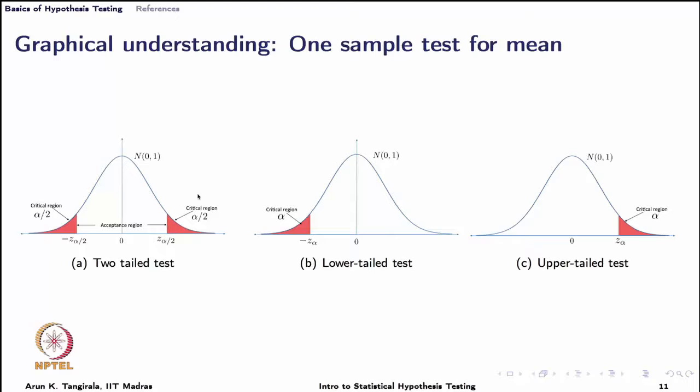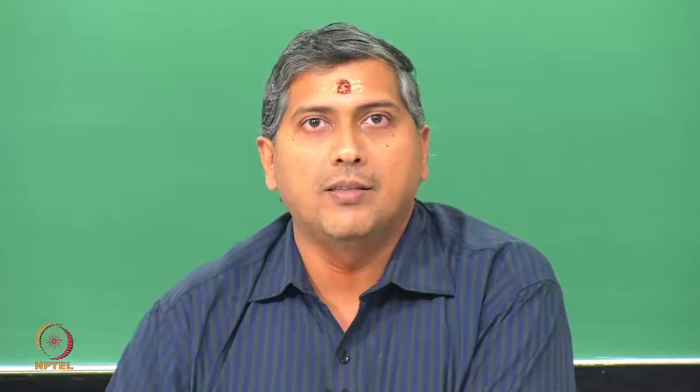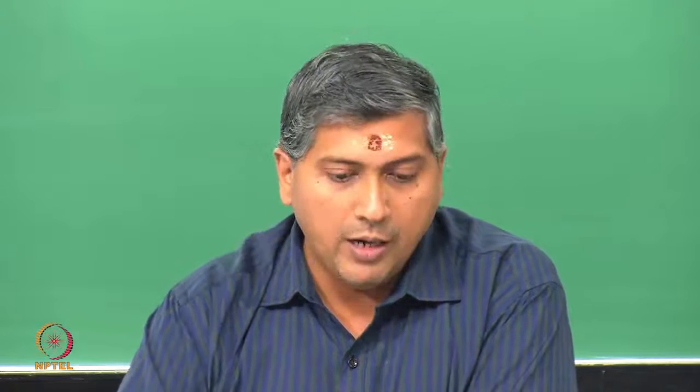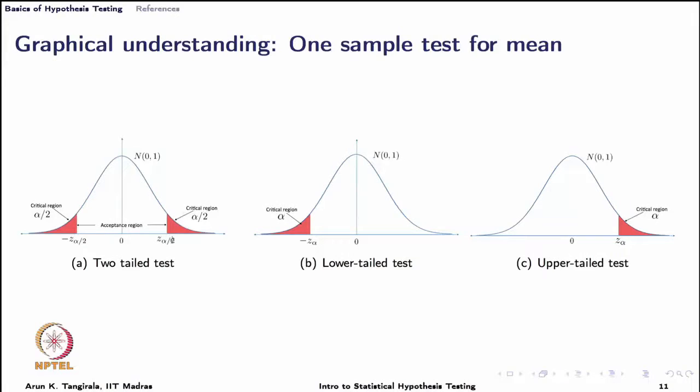As an example, suppose alpha is 0.05 and the hypothesis test is a two-tailed test, and we assume that the sampling distribution of the test statistic is standard Gaussian as shown in the figure, and I want to figure out what this z alpha by 2 is. What we do is we go to R and find this quantile. What quantile do I want to find? What does a quantile give me in R? It tells me what the value is for a given probability.